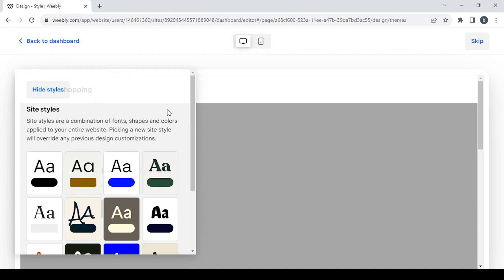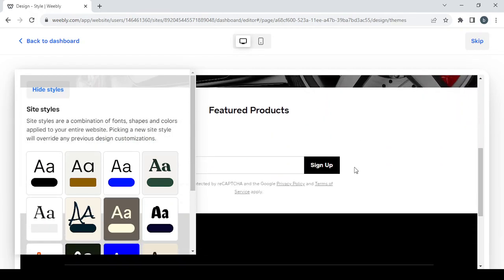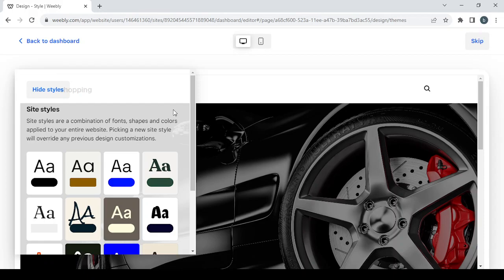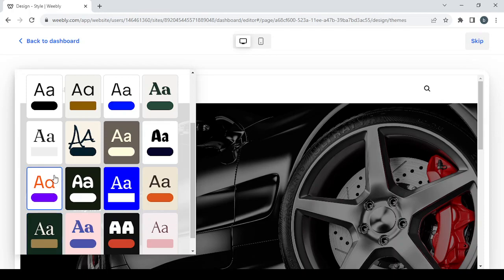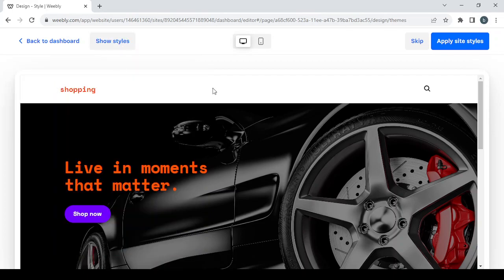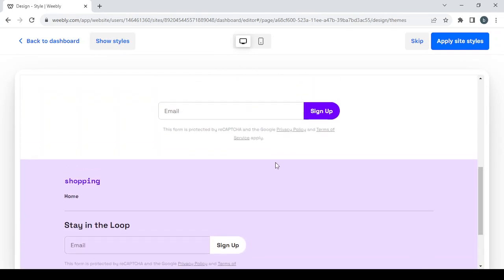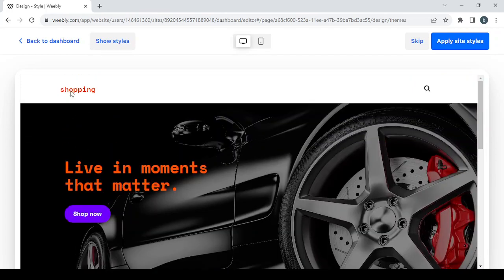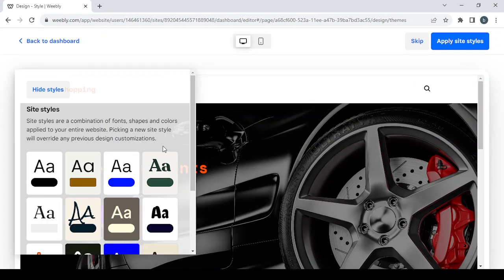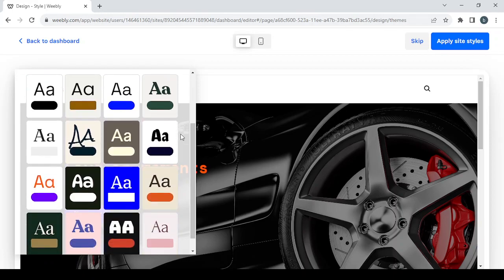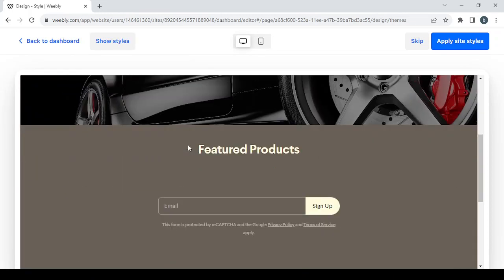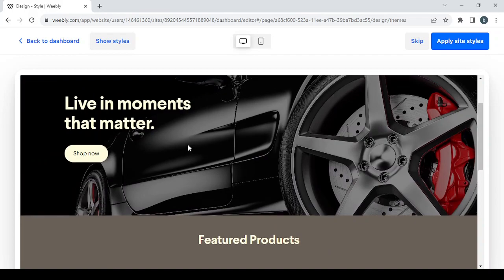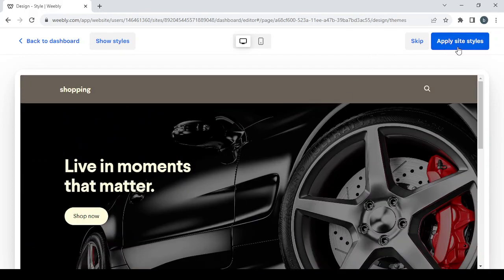Just give it a few seconds to fully load, and here it is after it's fully loaded. So let's choose one of these styles. I'm going to choose this one and click on hide styles to see if it fits my store. Definitely not, it doesn't fit my store. So I'm going to choose another one. I'm going to choose this one and I'm going to check. So this one fits the store very good. Click on apply site styles,